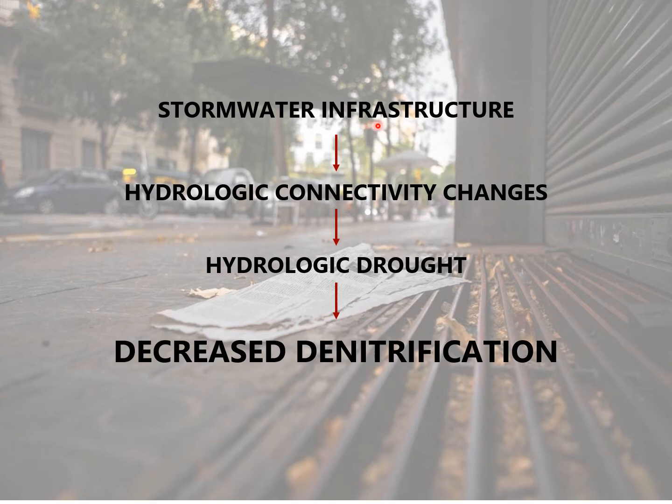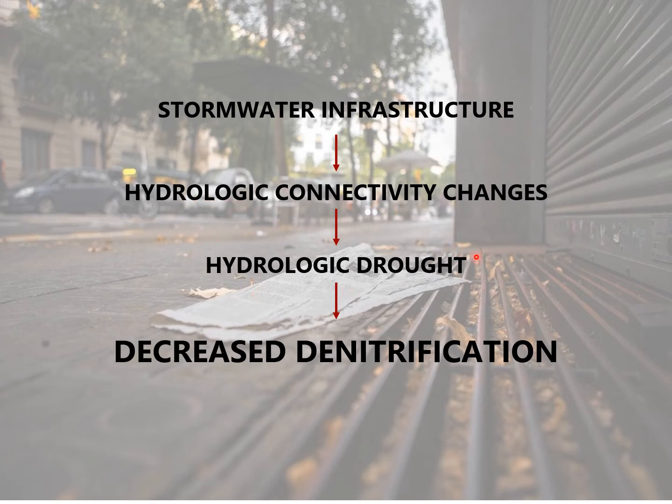We want to move the water into different areas because we don't want it flooding our neighborhoods, or we don't want it getting into our drinking water and things like that. So we're moving water around, and so that literally is going to cause connectivity changes to the hydrologic cycle, and